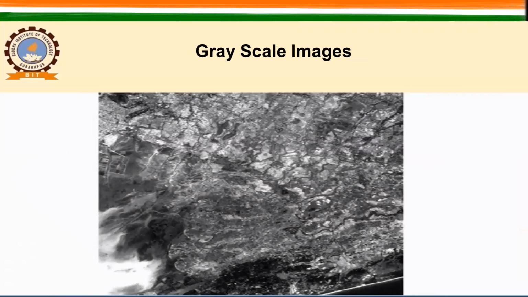So this is known as grayscale image. If you use any freeware or commercially available remote sensing software, you will have the flexibility to select which band you want to display in blue, green, or red color. If you are going for a standard FCC, you have to select green in blue, red in green, and infrared in red. Then your vegetation will appear in red. In grayscale, all the colors will be assigned to the same image, so it will be black and white.